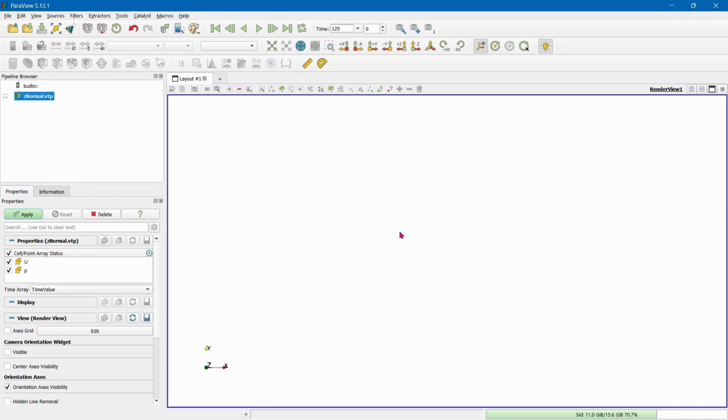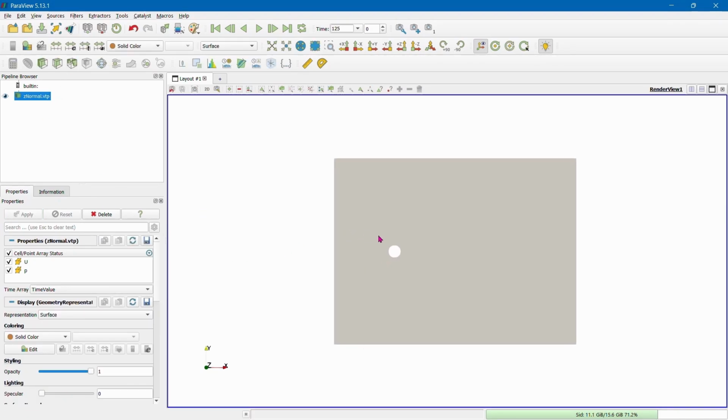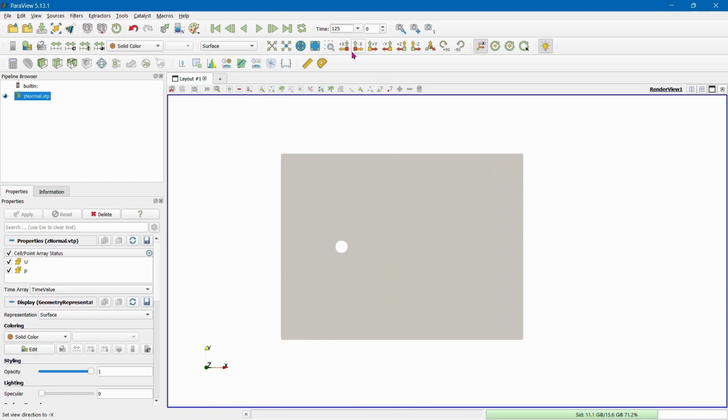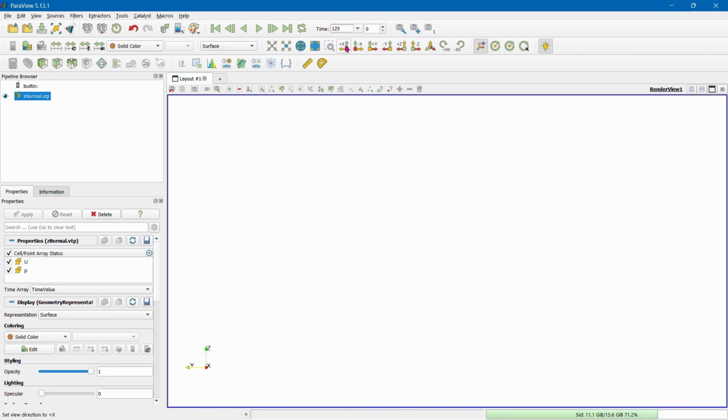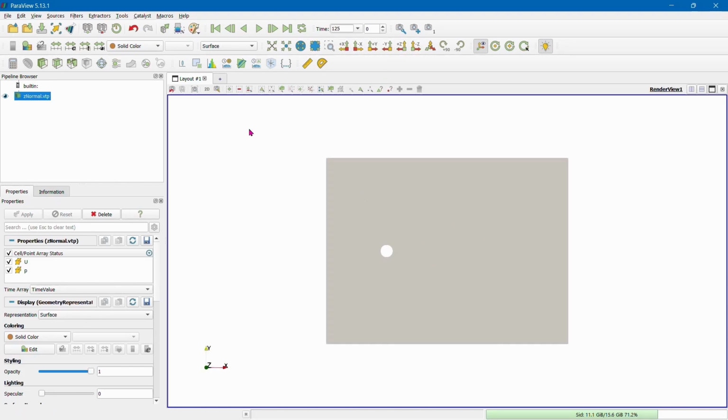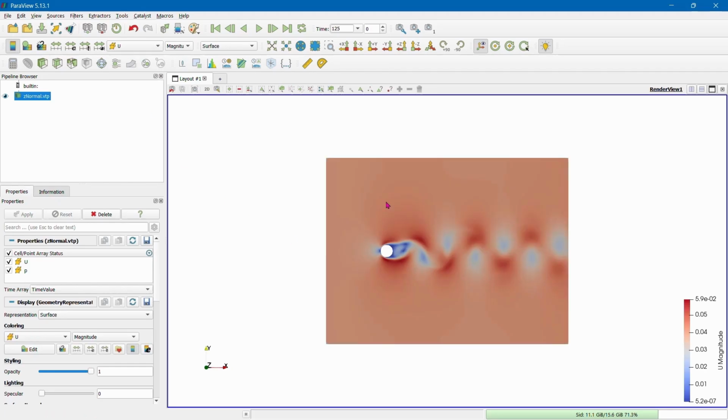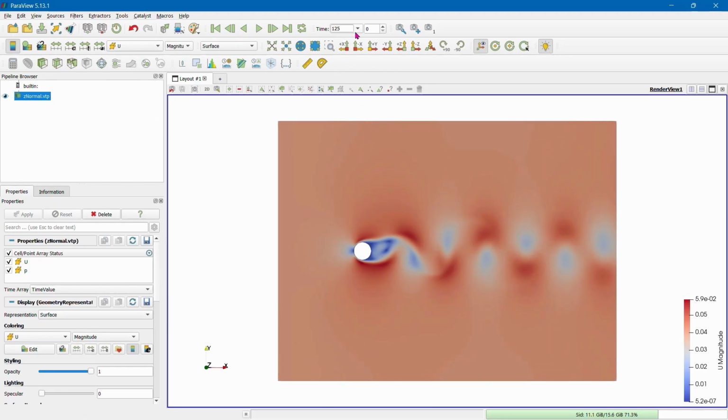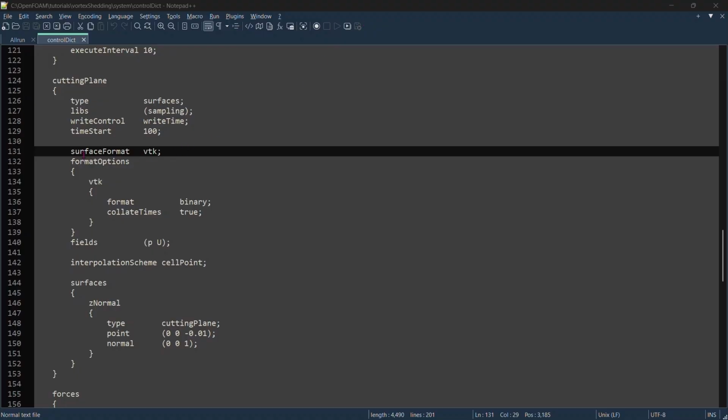So this is what you can see with the VTP, and if I just hit apply, you'll see that this is a 2D representation right here. So there will be no X and Y plane, only just the Z plane. And I can just see the data of velocity, what this looks like just for this one time step, 125, right? So if there is a specific data point that you are really interested in and you want to just visualize for that one point, we can use this post-processing function in OpenFOAM to effectively write everything that we require